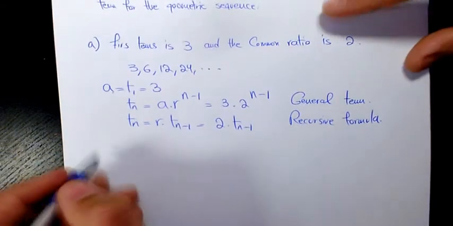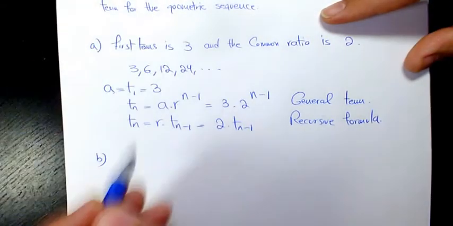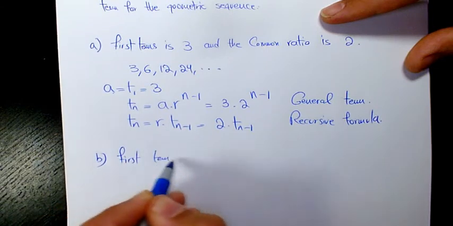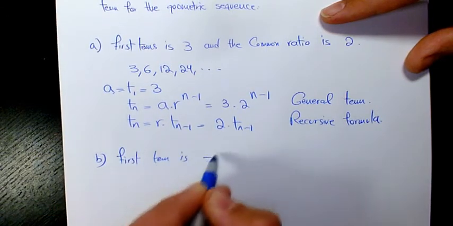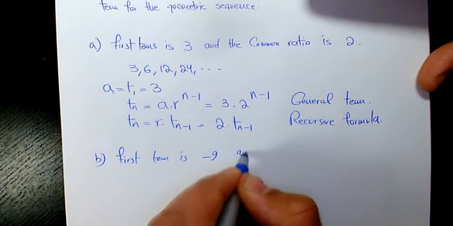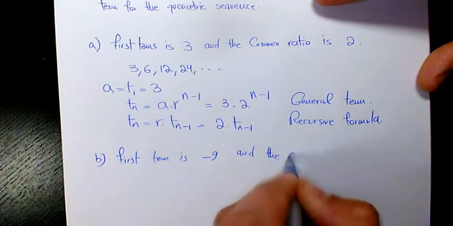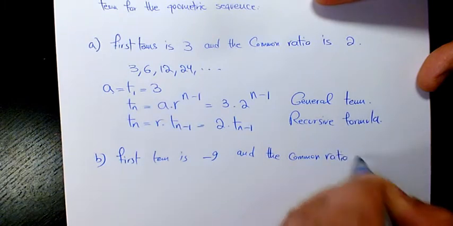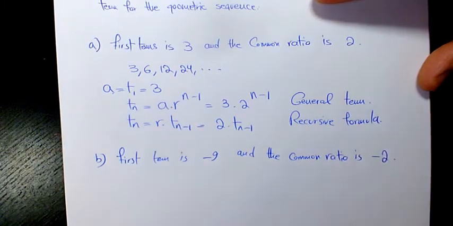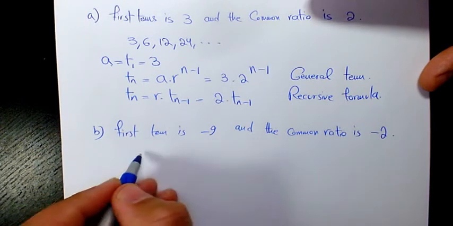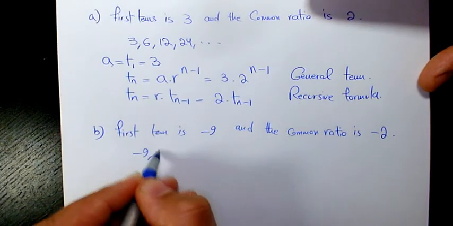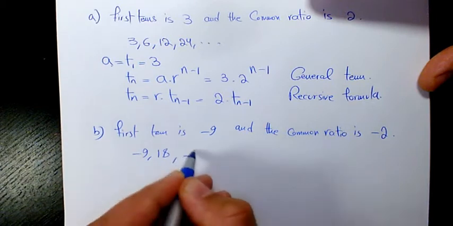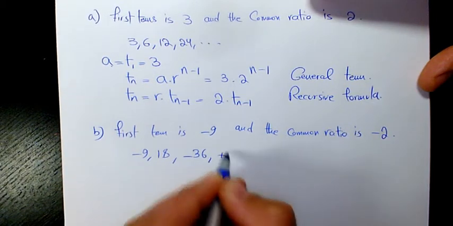Next one. First term is -9 and the common ratio is -2. So that's going to be something like that: -9, 18, because we need to multiply by -2, -36, positive 72,